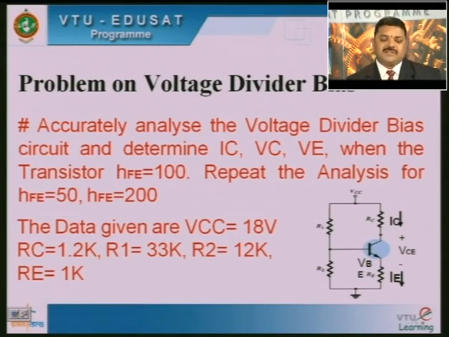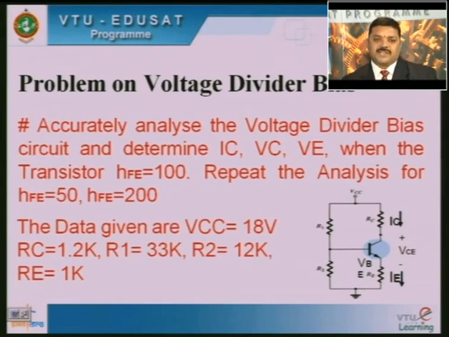On similar lines, we also discuss the voltage divider bias by varying the HFE from the minimum value to the maximum value, and study the operating point variations. If the variation is very small, then we can use it as an efficient biasing technique for getting faithful amplification. Let us see, for voltage divider bias, what happens to the operating point if we vary HFE from minimum to maximum. That analysis can be done through this problem.